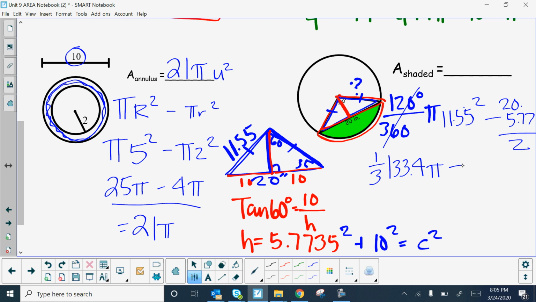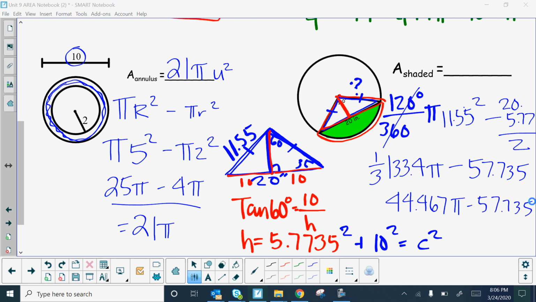So the area of the triangle is roughly 57.735. Okay, I'm almost there. 1/3 of 133.4, so I'm going to put 133.4 divided by 3, which is 44.4667 repeating, so I'll just do 44.467 pi minus